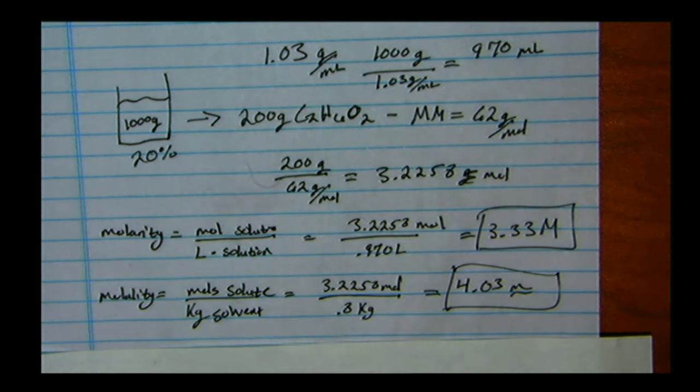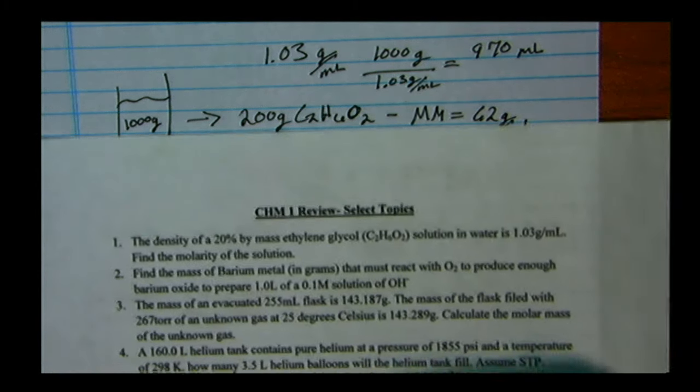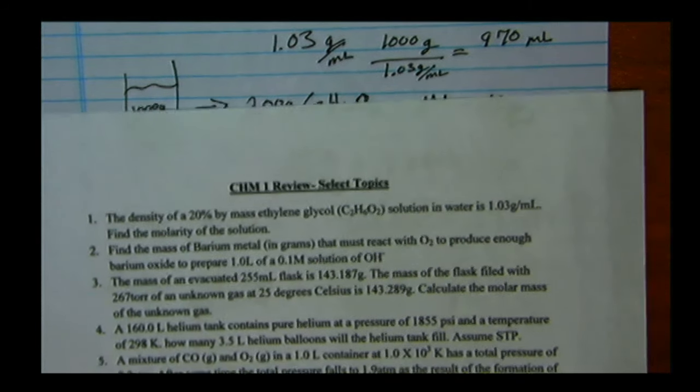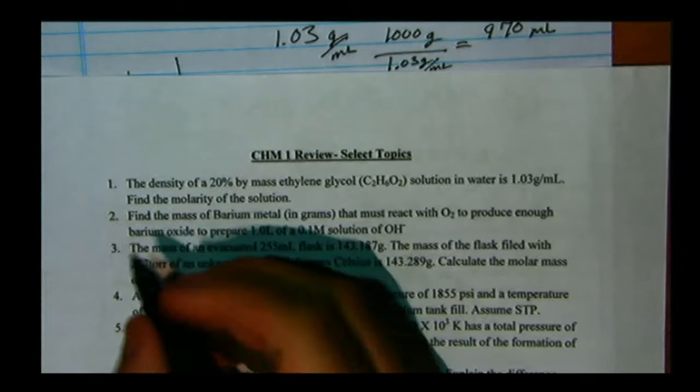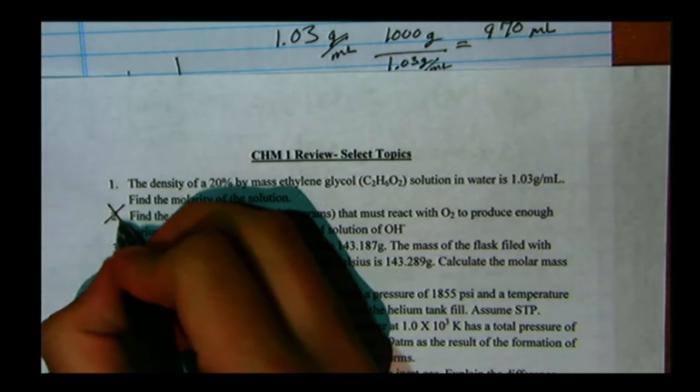Hopefully? All right. For number 2, we are going to skip number 2. I don't like the wording on that. It's a little too ambiguous, and ACS tends to be very clear-cut. So let's talk about number 3. The mass of an evacuated flask, or the mass of an evacuated 255 milliliter flask